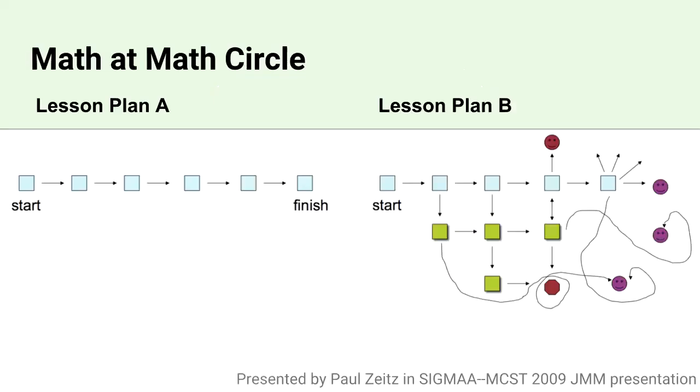We do that by mainly having the freedom to not have to cover specific material within our math circle, where a lot of people that are trying to get from one point to another by the end of the year have to start and finish in very distinct topic blocks, and cover all of those topics to make sure you can go from 4th grade to 5th grade. In our particular plan, we don't have specific content. It's more about the experience. So that lets us have something closer to this lesson plan B that you can see, that just takes off in all sorts of different directions and is more about the exploration and the journey than it is about covering specific content.